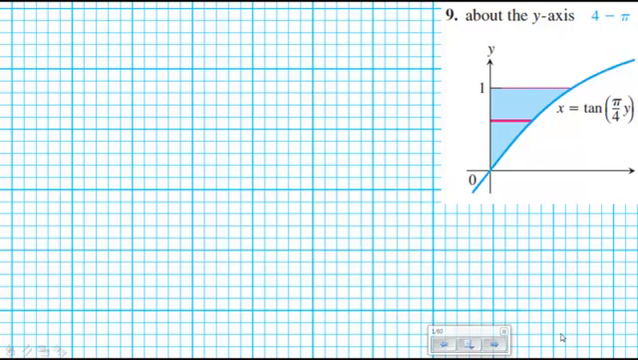So here's problem number 9. And we're going to revolve this blue region around the y-axis, not the x-axis, the y-axis. And when I do so, I get a reflected image there, and all of my cross sections are circles. If I wanted to calculate the volume of that